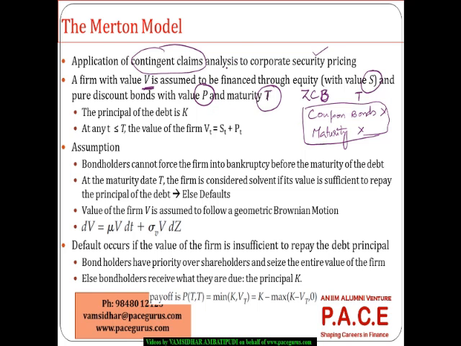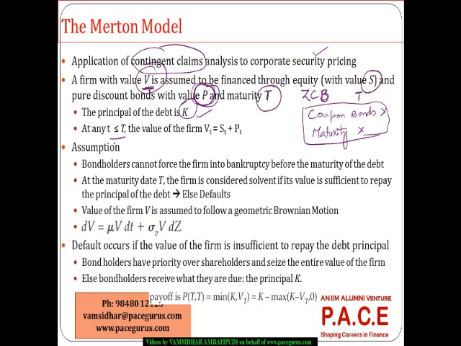But what the Merton model has simply assumed is a firm whose value is V, financed through equity whose value is S, and pure discount bonds whose value is P, which are maturing at time T. And the principal that has to be paid at the end of time T is some K. The present value of that is what we are calling P. Then it is also making an